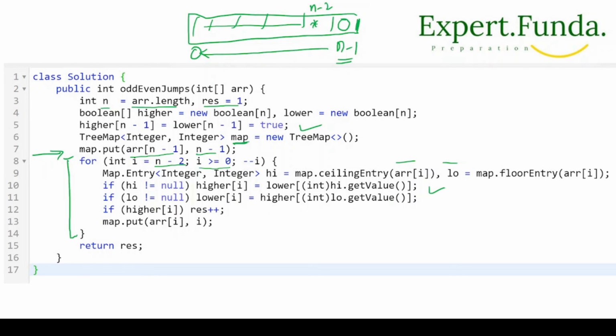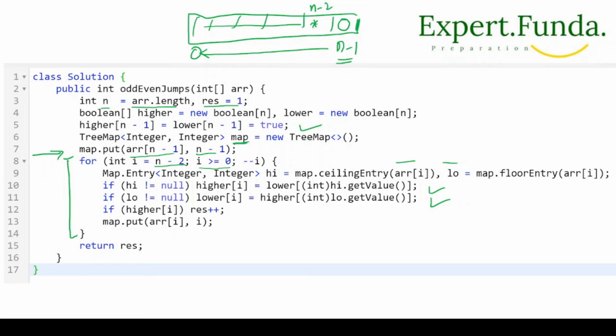Similarly, if low is not null, then we'll take the higher value of it. Actually we are getting the higher and lower values for the element, and we'll pass the index and check whether we have reached or not, right?